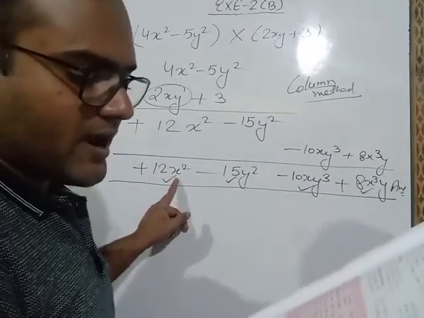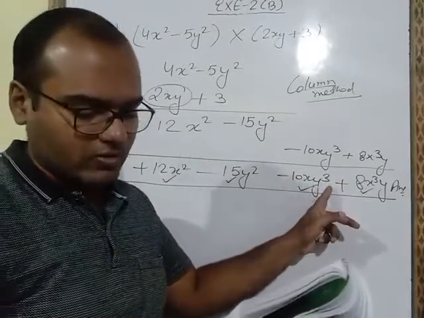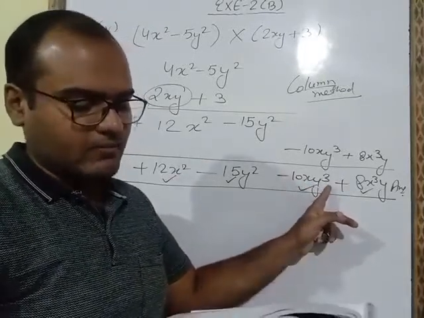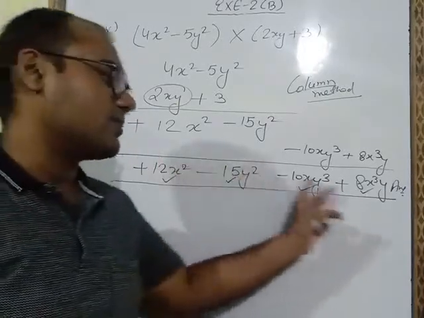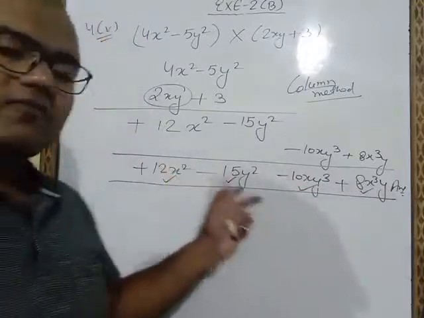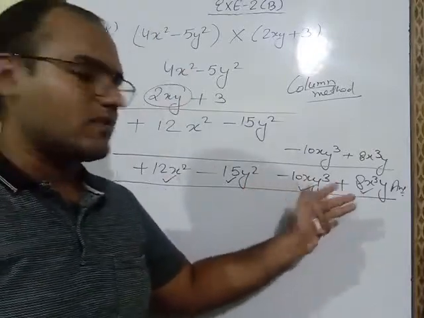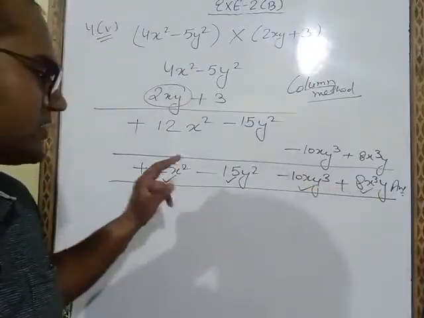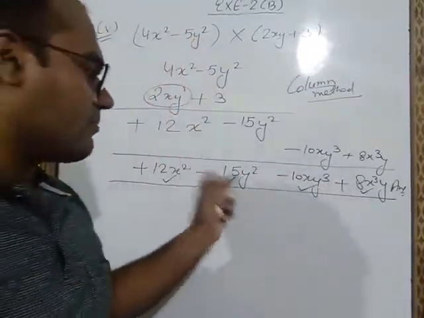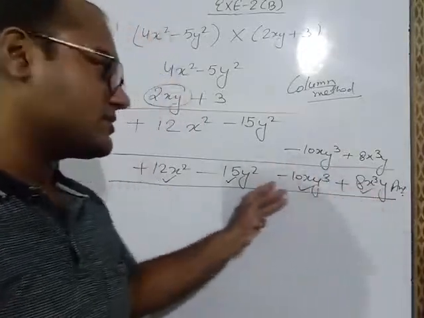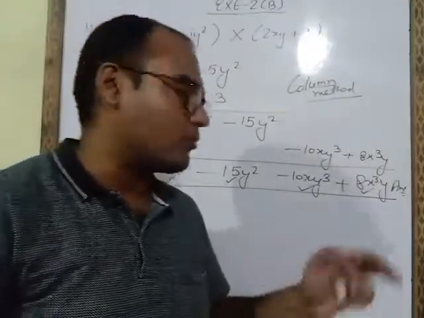Third term minus 10xy cube. This is minus 10xy cube. Fourth term in your textbook is minus 15y square. Ours also, fourth term is minus 15y square. All the numbers and all the terms are having same sign which are given in your answer sheet. So no need to worry if your order of these terms is different from your answer sheet. The sign and number and alphabet should be same, that our answer is coming. So no need to worry. This answer and the answer which is given in your textbook, both are same only.